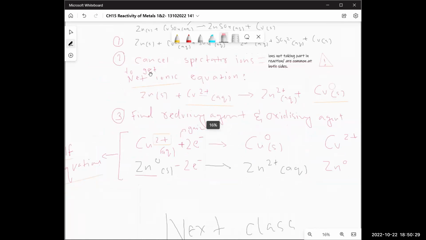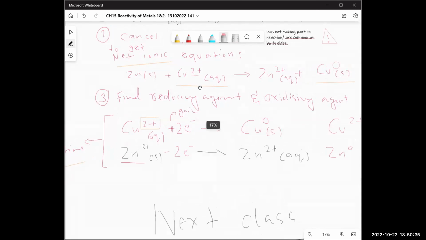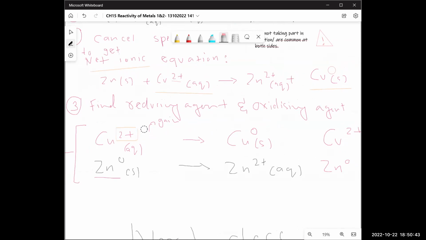Now, from this net equation, we have to write something called the half equation. What is a half equation? Well, all you have to do is write the 2 ions on each side. Let's take Cu on the left side and Zn on the right side. Let's start with copper. So Cu2+ on the left side and an arrow to Cu0. Fine. But what change should I make to balance this equation? Well, since this is 2+, I just add 2 electrons for this to become Cu. And on the other side, all I have to do is remove 2 electrons from Zn0 to make